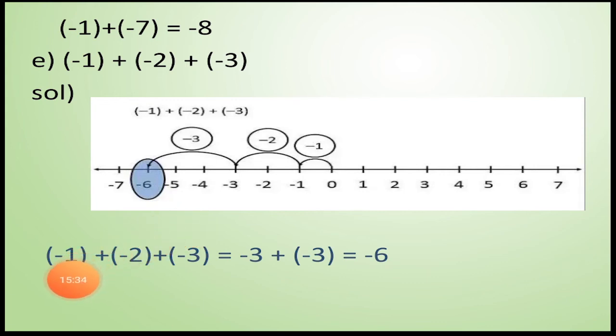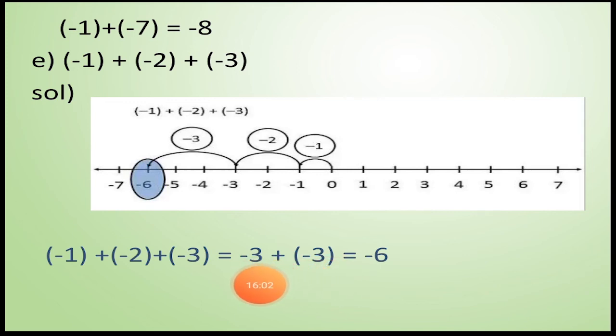Okay children, and usually you can see when we add these two negative integers, we get 3, and in front of it the minus sign will be written as such here. Out of 1 and 2, you can see 2 is the greater integer and it has a minus sign in front of it, so our answer will also have a minus sign in front of it. Then the next integer left was minus 3.